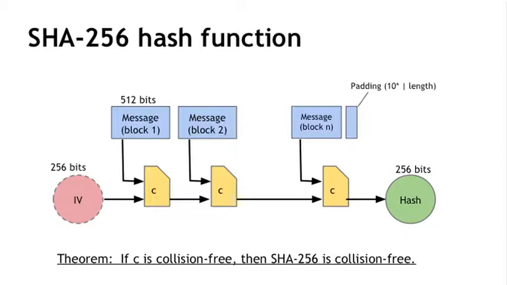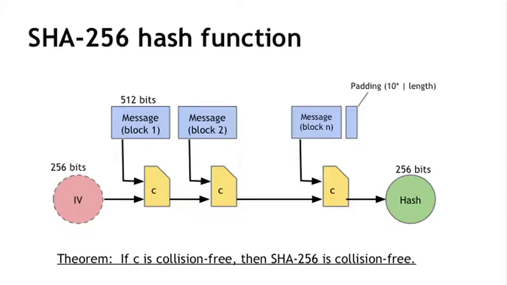And the padding is going to consist of, at the end of the padding, a 64-bit length field, which is the length of the message in bits. And then before that, it's going to consist of a 1-bit, followed by some number of 0 bits. And you choose the number of 0 bits so that this comes out exactly to the end of a block. So once you've padded the message so that its length is exactly a multiple of the 512-bit block size,